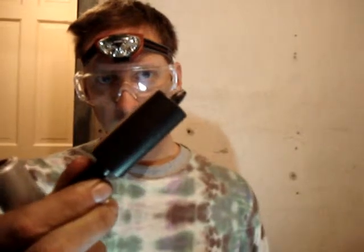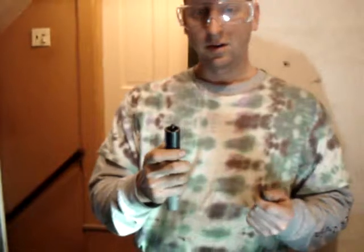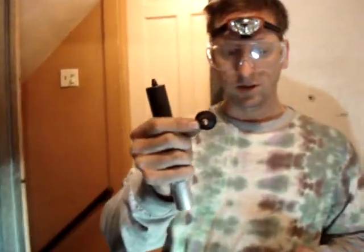Now, how to use the Snap-on tool to get these collets or keepers back in place. There's another part of this tool, looks like this. I'm going to explain how that works. This goes onto the piece that I talked about in the previous video. It just gets magnetically held in place. And then we're going to take the spacer and put it back on top of the spring here